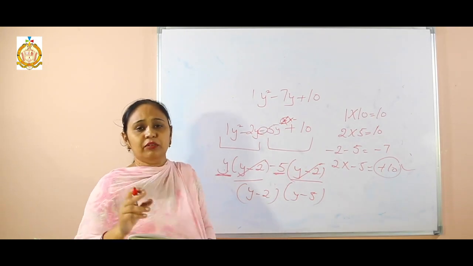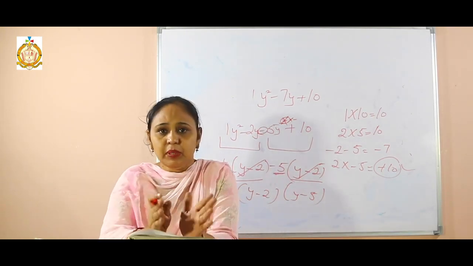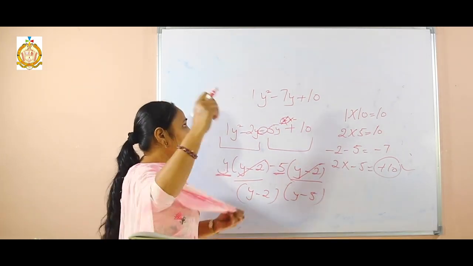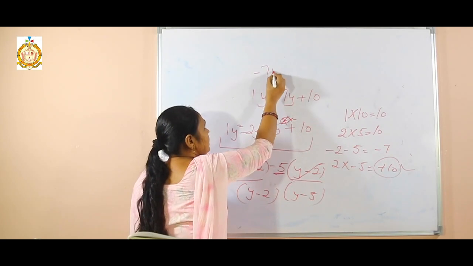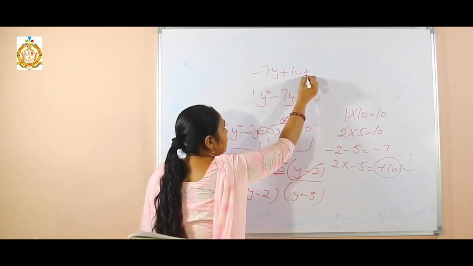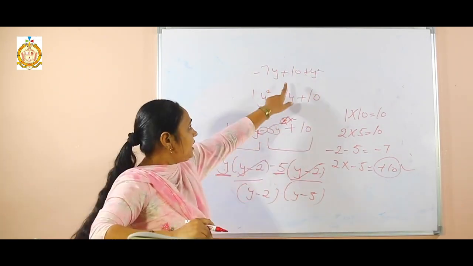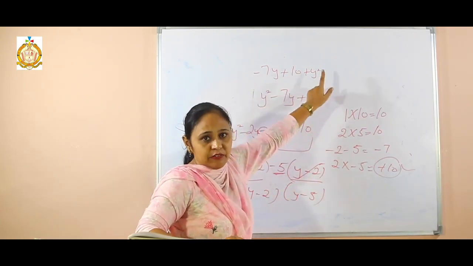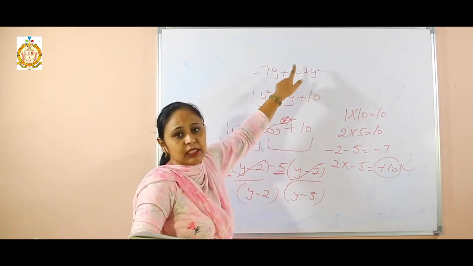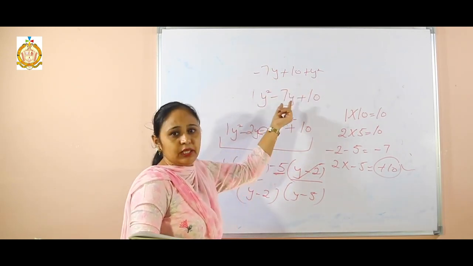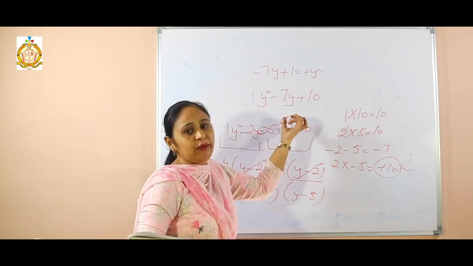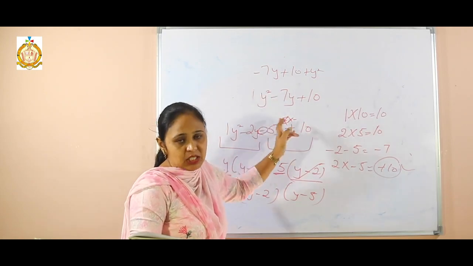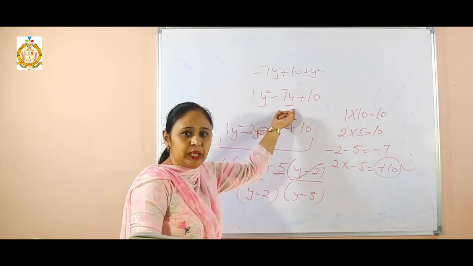If 3 terms are given, then we have to make it an even number, that means 4 values, by splitting the middle term. And one thing more, suppose in my equation there is given minus 7y plus 10 plus y square. If I split 10 now, that means it is not okay. We have to arrange it first. Greater power, then the smaller, then the term without variable. First 2 power, then 1 power, then without variable. Then we have to split the middle term. If we do it otherwise, that will be wrong. First arrange, then split the middle term.